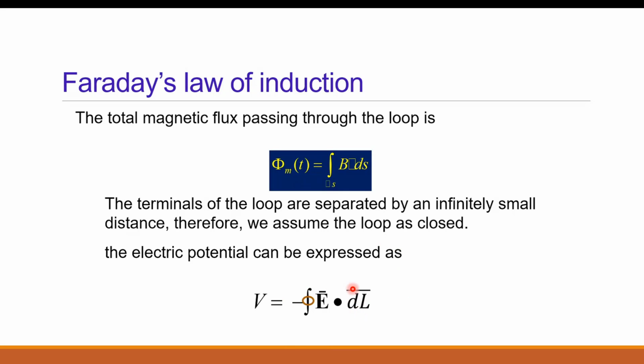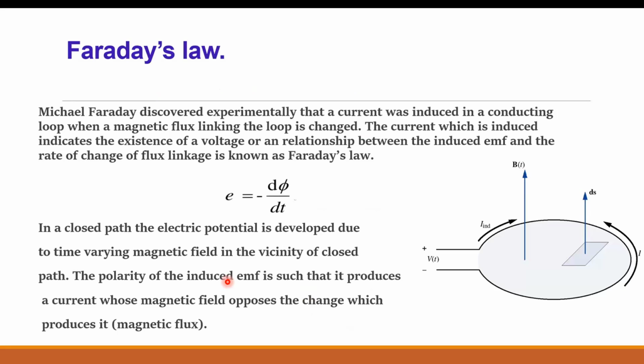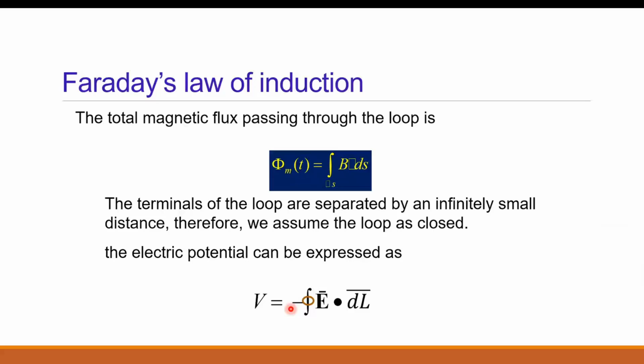But this electric field is circulated in the primary, and the voltage we are getting is at the secondary side. The minus sign we already know, because it opposes the source, or the cause of producing it. Right. So in this equation we got V is equal to the closed integration of E bar dot dl bar. Now these are the basics of Faraday's law. What is Faraday's law? What is the basic equation? Then what is phi m, and what is EMF? It can be expressed in terms of E dl.